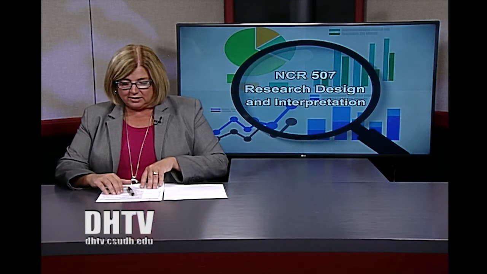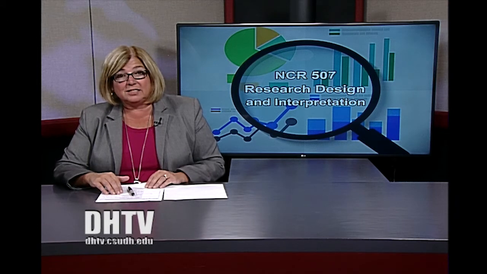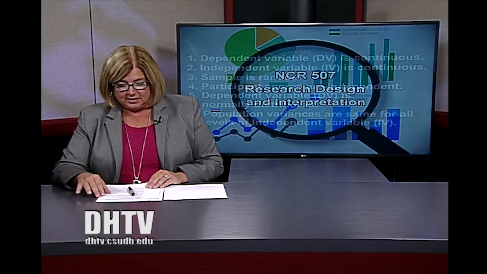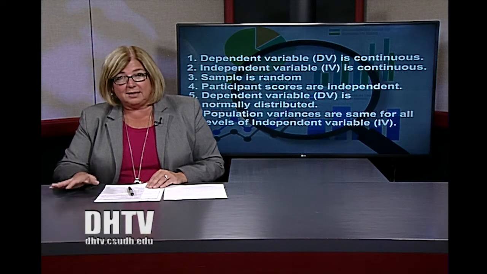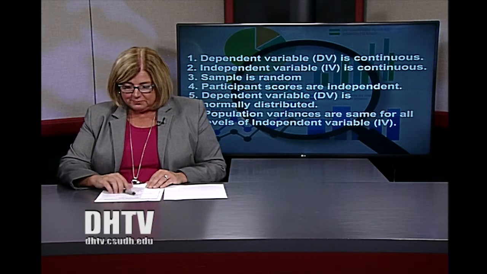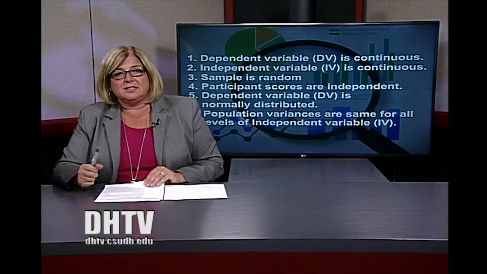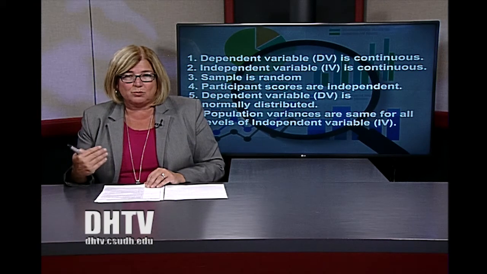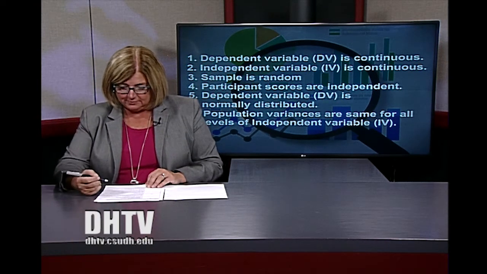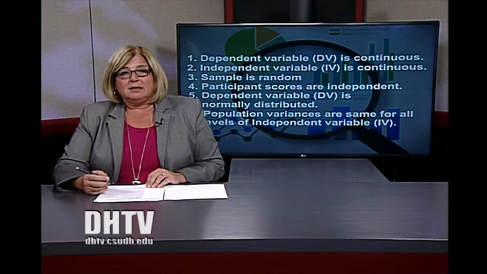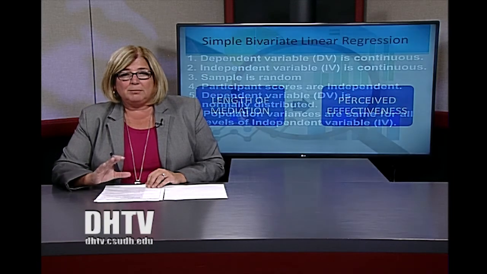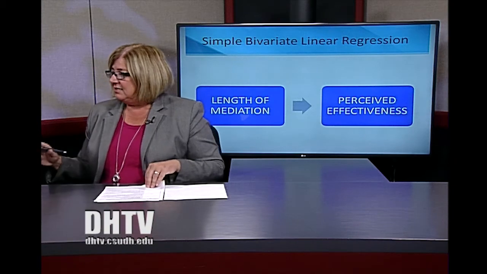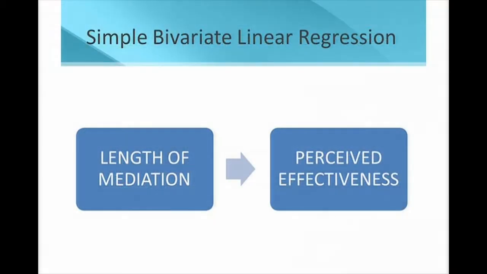And then we also know that the dependent variable needs to be normally distributed and the population variance relatively the same for the independent variables. So as we think about those assumptions, then those are the basic background understanding that we have as a researcher when we're conducting this kind of a model. Now, let's take a look at the next slide to show us a model of what would be the idea of a simple bivariate linear regression.